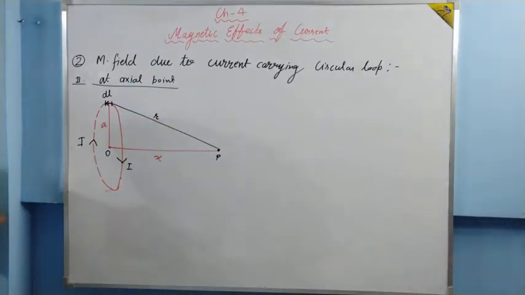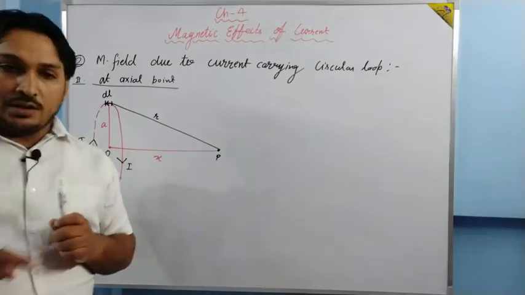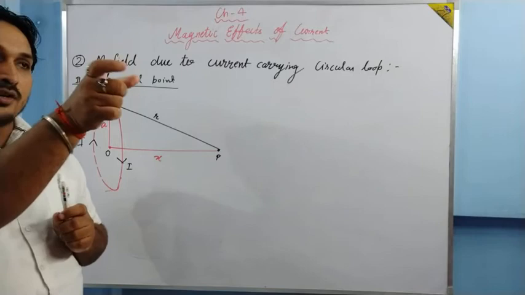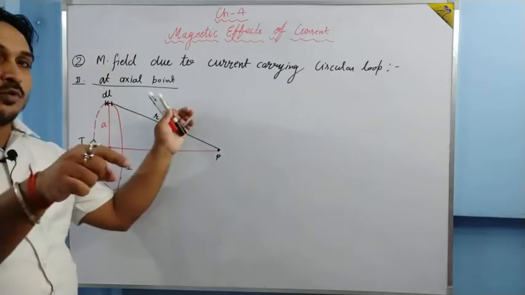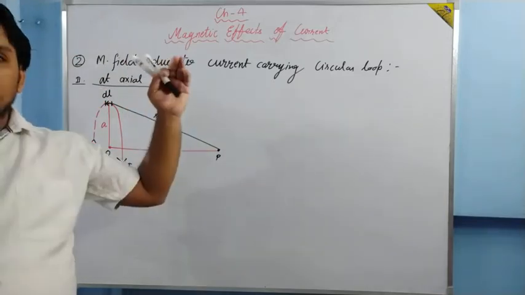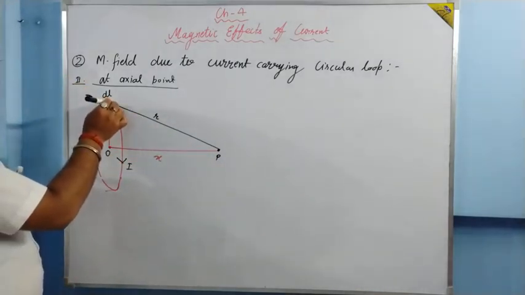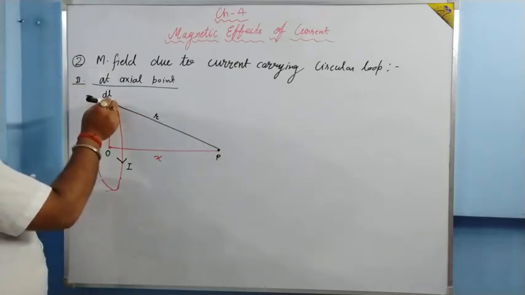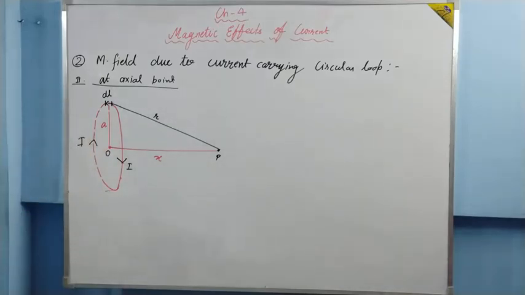Okay, so what is the direction of dl? See, the direction of dl is always along the current. Current is flowing in this manner. So at the topmost point, current is actually in this direction. Are you able to understand? From the board it is coming out. The direction of dl is like this, as I kept my marker, and the direction of r is like this. So basically, what is the angle made between them? 90 degree. Direction of dl makes an angle 90 degree with r.